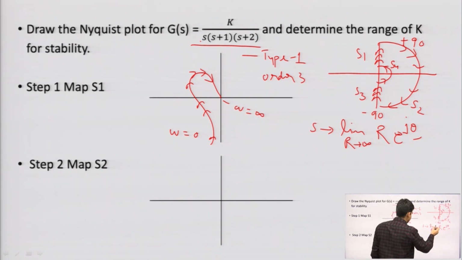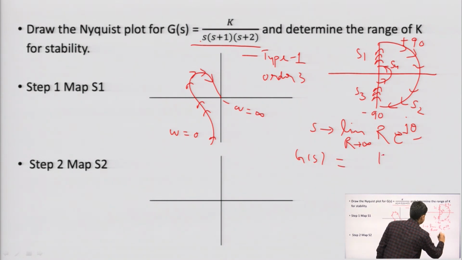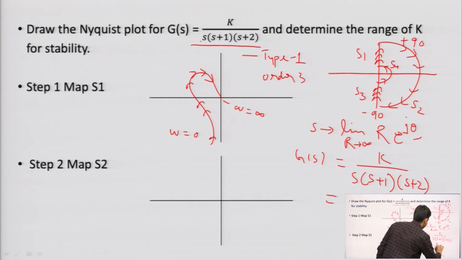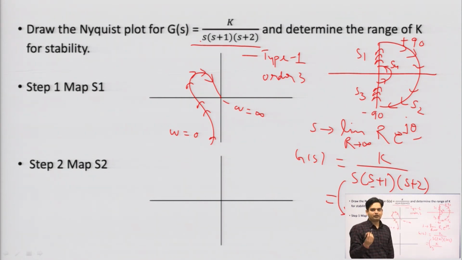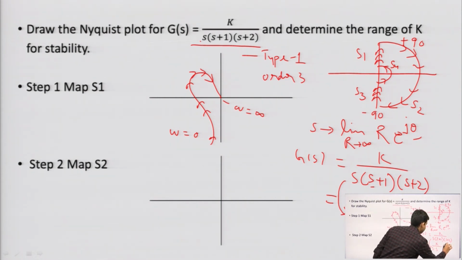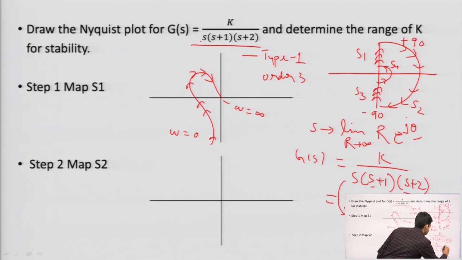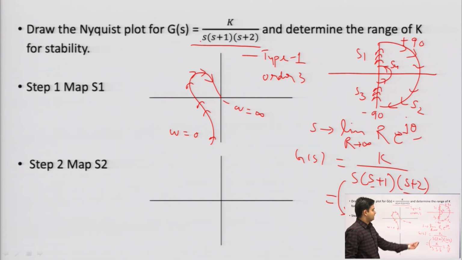So, here if I put this in this GS, this GS is given by k over s multiplied by s plus 1 multiplied by s plus 2. Okay. So, here if I put s going to infinity, this will remain s, here s is very high as compared to 1, this will become s, this s is very high as compared to 2, this will become s and this will give us k over s cube. Again this in the denominator, what we will get?